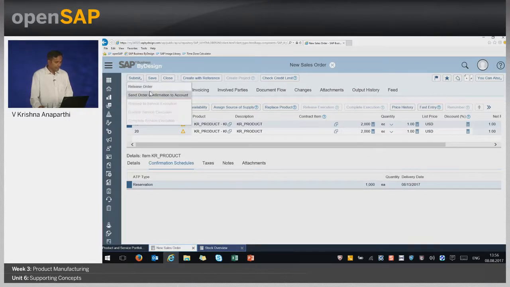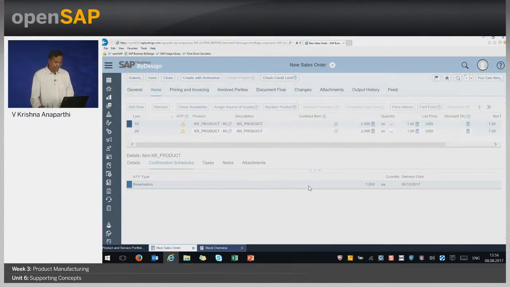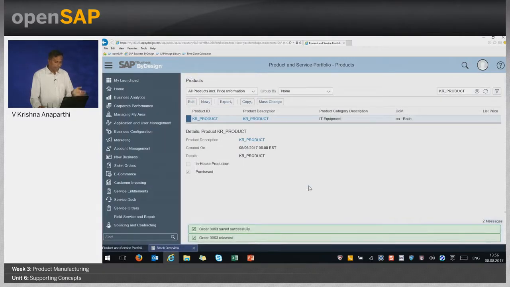Now, let us execute to the next level. We will release it and then start executing this particular sales order. The execution of the outbound process you have already learnt in week 2, so I will not dwell too much into the details and will directly execute it.